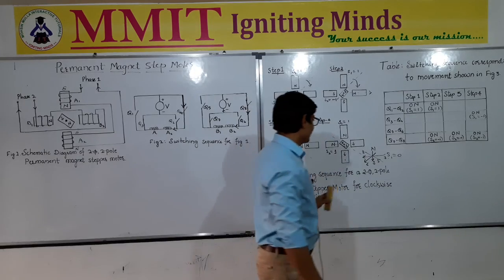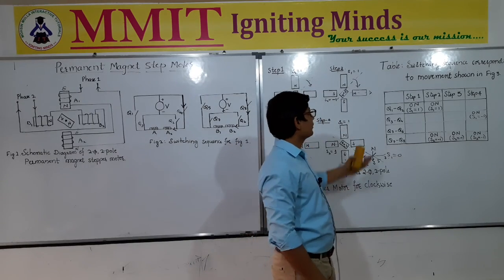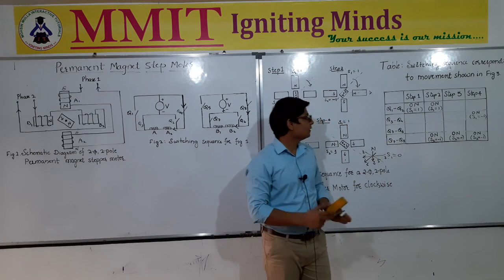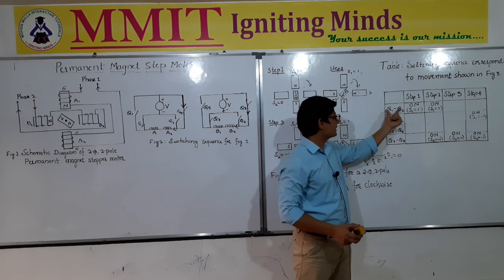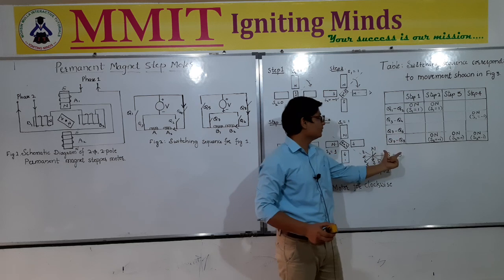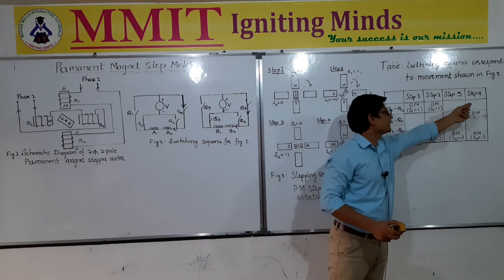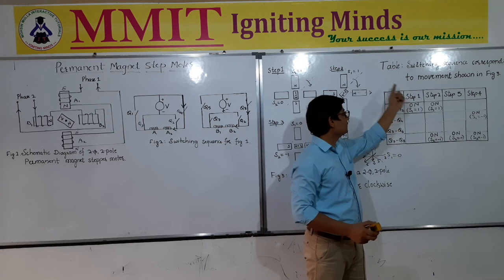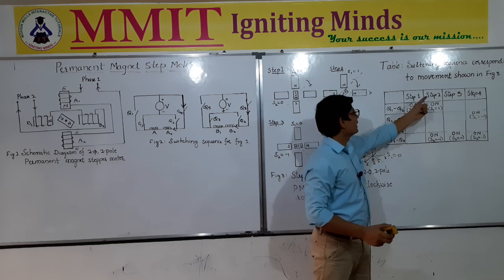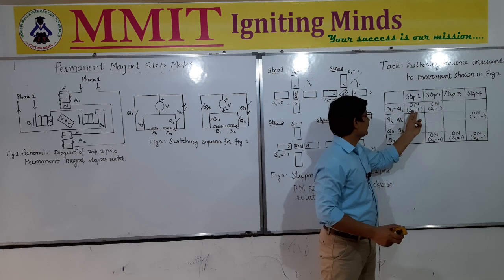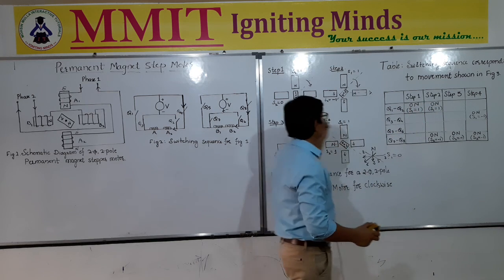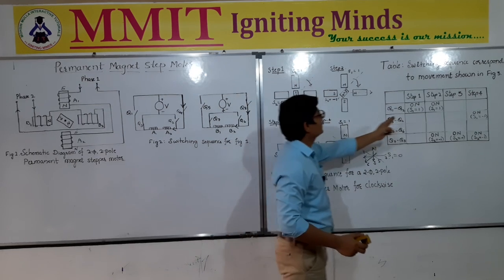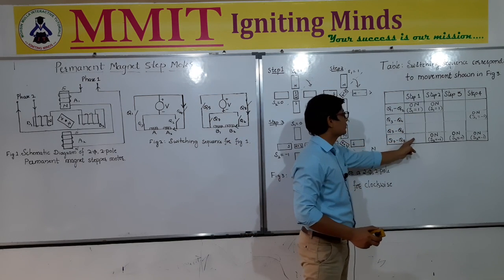Okay, so here the same movement is represented with the help of a switching table that can be seen here. In this switching table, the positions of the switches are shown in the first column, and different steps are shown horizontally in 4 columns. So in the first step, q1 and q2 are 1, and other switches are 0, because only this is on. Therefore here s1 equal to 1 and other switches are off.